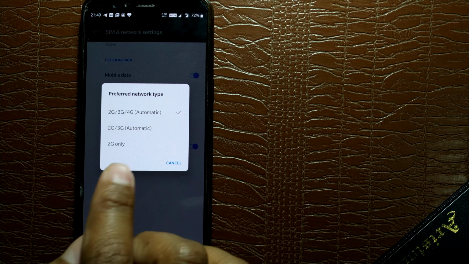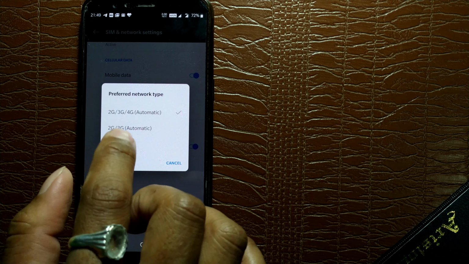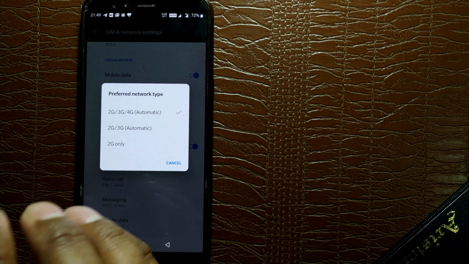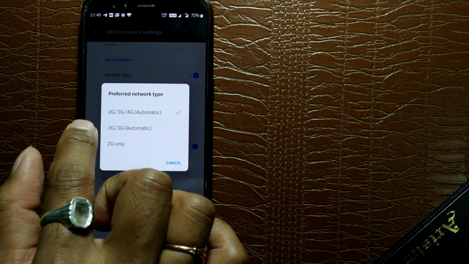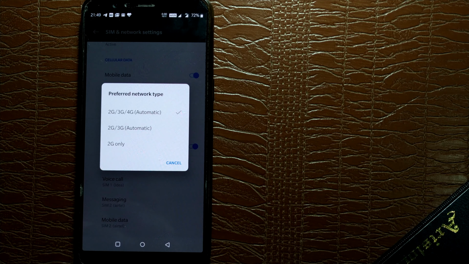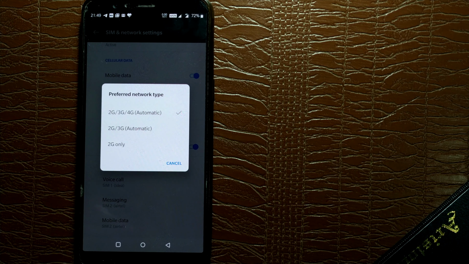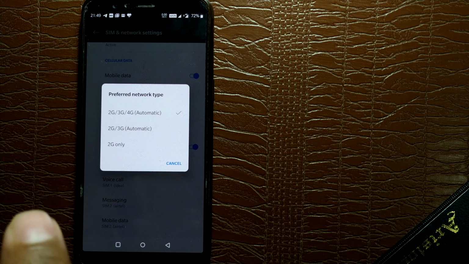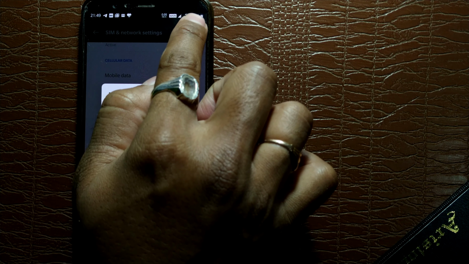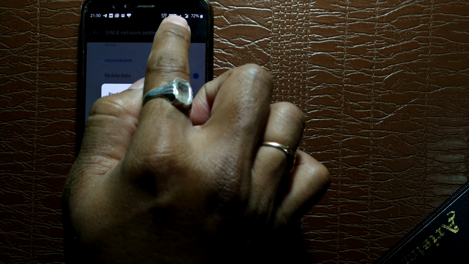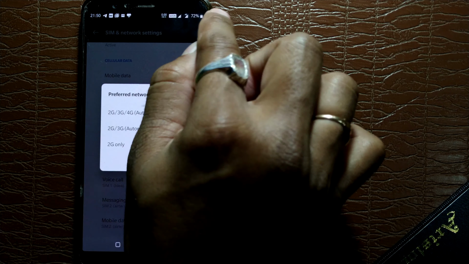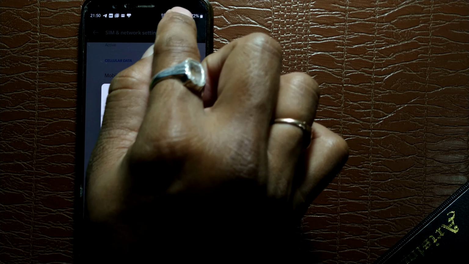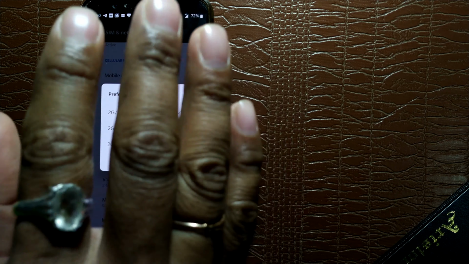So I'll just cancel. But for example, I just want, I need only 4G. Sometimes what happens here, this 4G automatically changes to 3G or 2G, depending on the network or the intensity of network available. But I just want that I need only 4G, even if the network is not 100%, it could be 25% or 40% or something like that, but I need 4G instead of 3G 100% or 3G 80%. I want 4G 20%. I am comfortable with that.